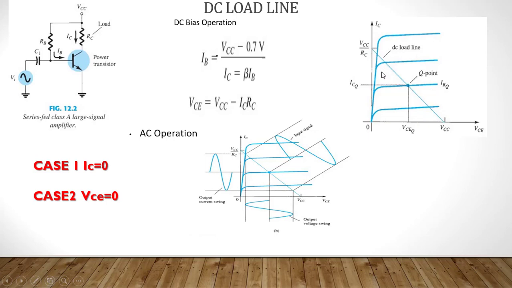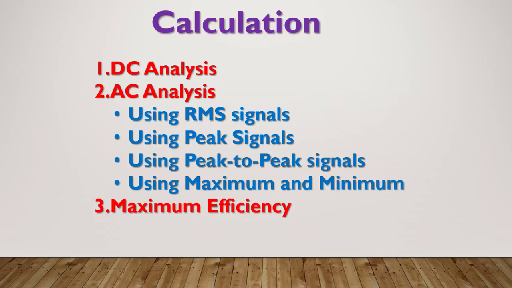For those reasons, when the Q point is here, I get the full cycle. If the Q point goes on decreasing, the degree of the sine wave also goes on decreasing. That is the reason I am getting different degrees of the sine wave. I hope you are getting it. Now I will go with the calculations.